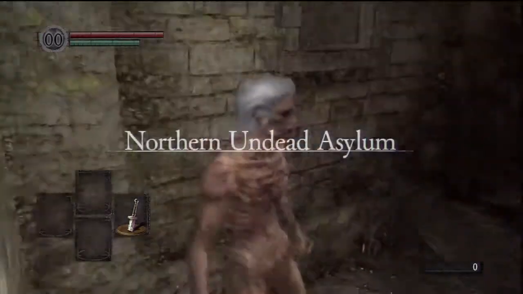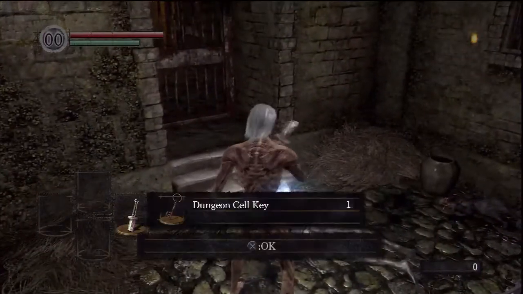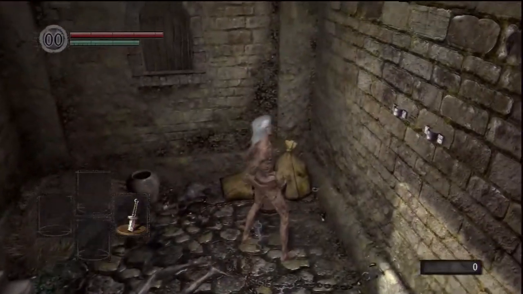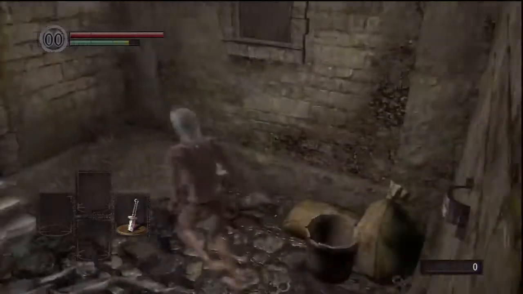And welcome to the beginning of Dark Souls, the Northern Undead Asylum. Let me pick up this item, and it's a dungeon cell key, which I can get out of this. Again, I pressed the wrong button there. I wanted to. And as usual,